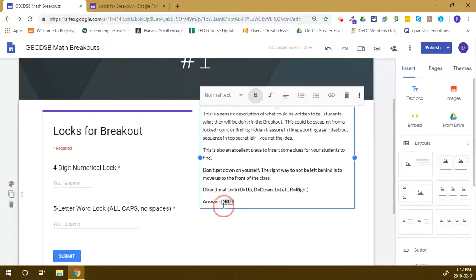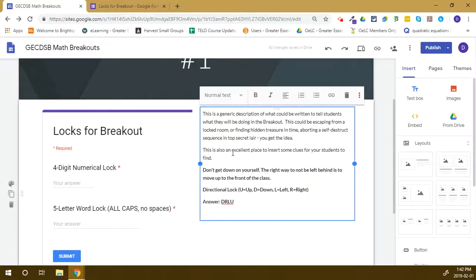And so if I had that in there, again, that could be a directional lock and another type of lock that you can use inside there. Okay, so that's just an example. Another type of example you could use inside here is a link to a website. So oftentimes we like to use URL